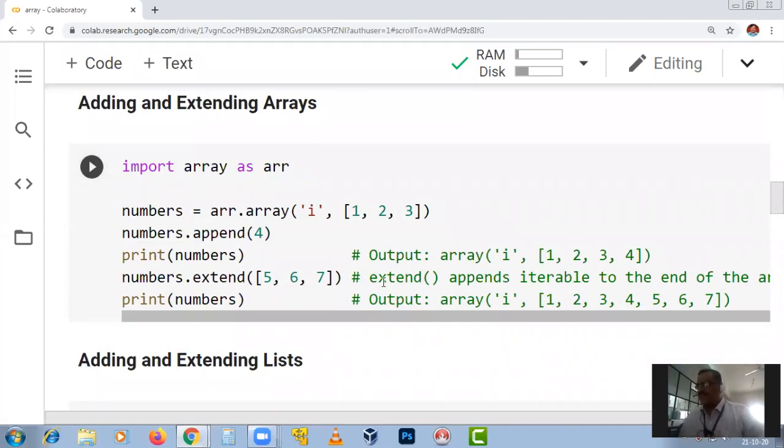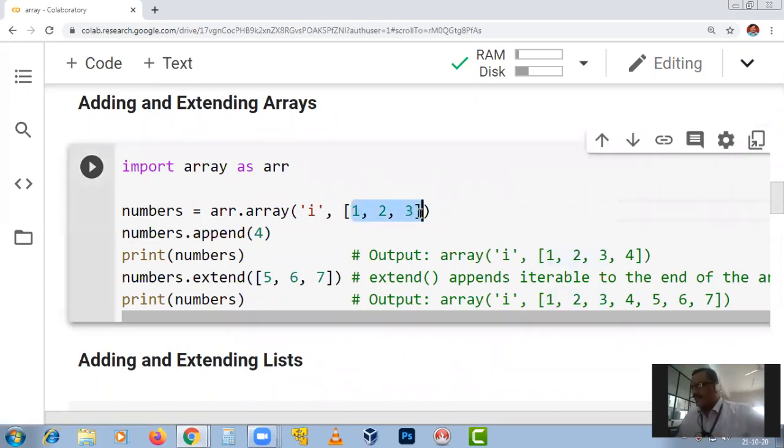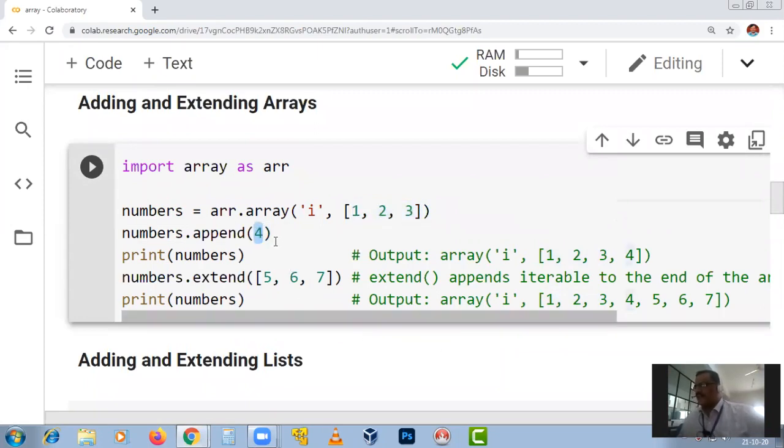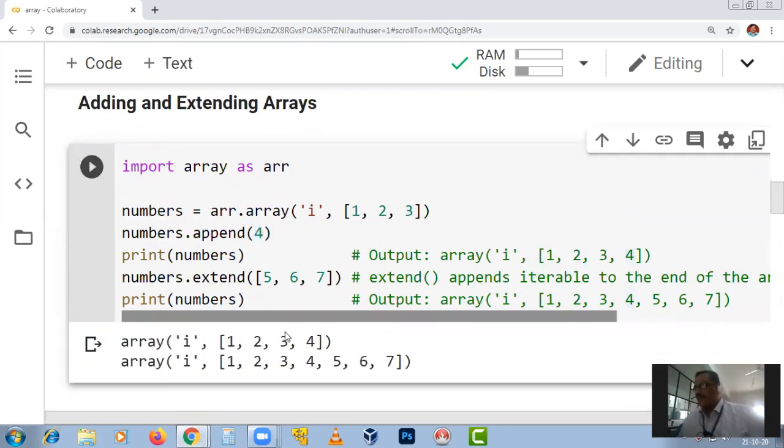Next, if I want to add, see here, while creating I have created only 3 elements. I want to add one more element. Yes, append. When I say append, automatically it will add one element at the end.